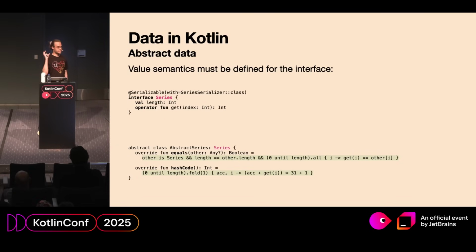An interface, being essentially just a group of functions, is really hard to assign value semantics to, because it is computationally impossible to compare two arbitrary functions. We need to actively sample and check any possible input of this function. So in this particular domain, we know that the second function accepts only integers up to the length, so we iterate over them and explicitly compare the outcome of this function.